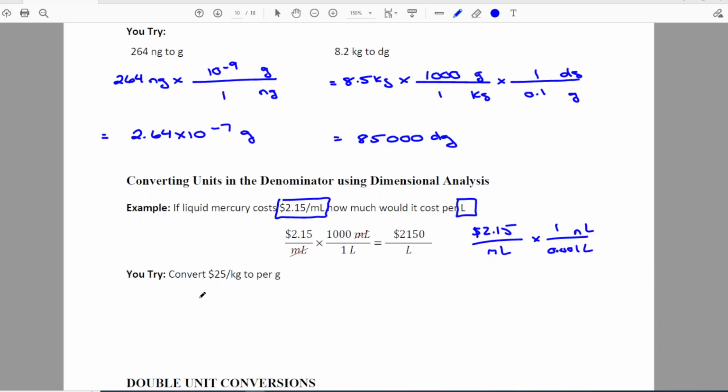So let's just try one quick. If I have $25 per kilogram, and I want to convert it into per gram, so I want dollars per gram, I want to get rid of the kilograms. I know that 1 kilogram is 1,000 grams, so I know I'm dividing by 1,000. So I would type in 25 divided by 1,000, and I would get